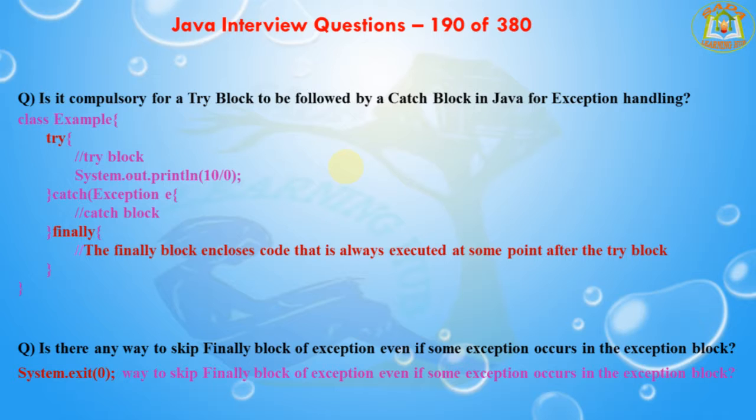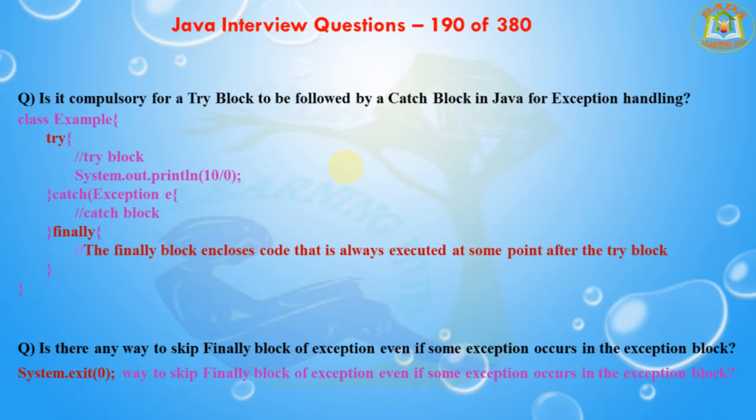The next question: is there any way to skip the finally block of an exception even if some exception occurs in the try block? If an exception is raised in the try block, control passes to the catch block if it exists, otherwise to the finally block. The finally block is always executed when an exception occurs,